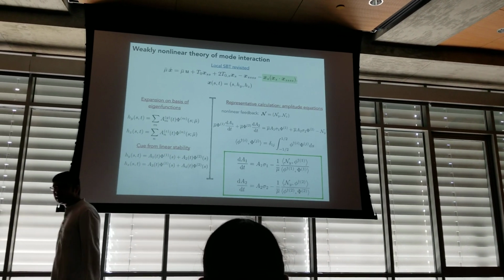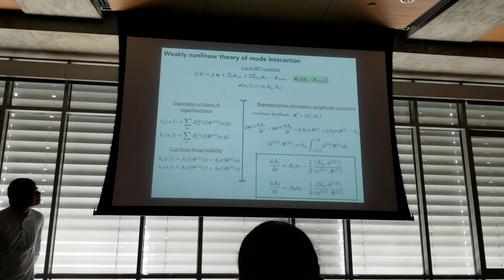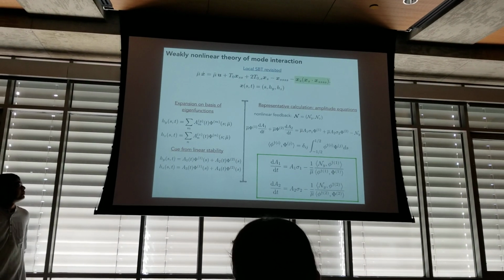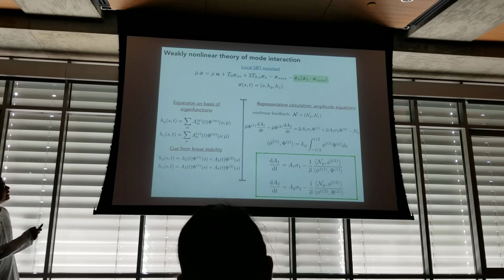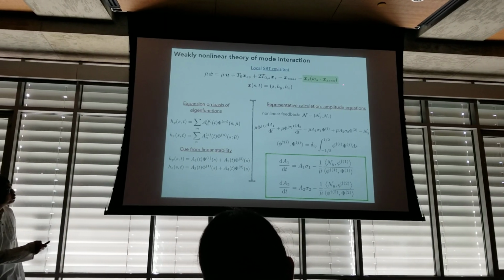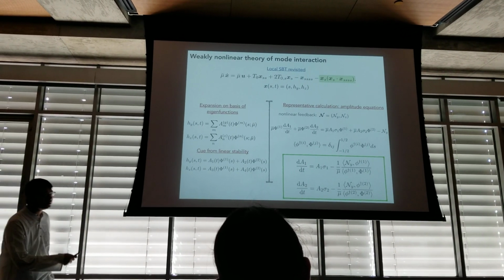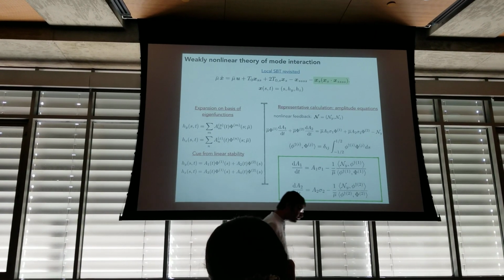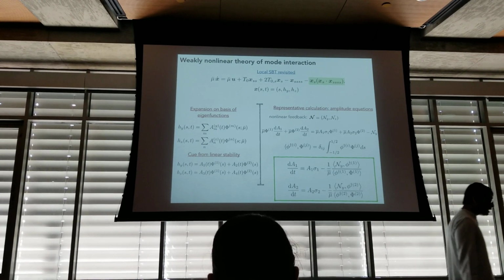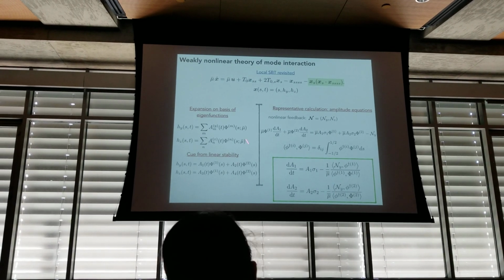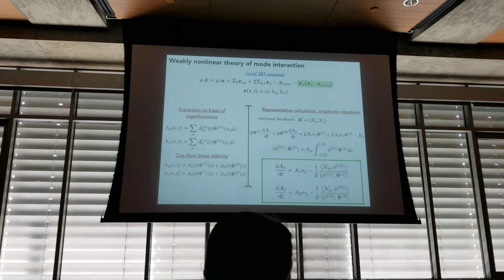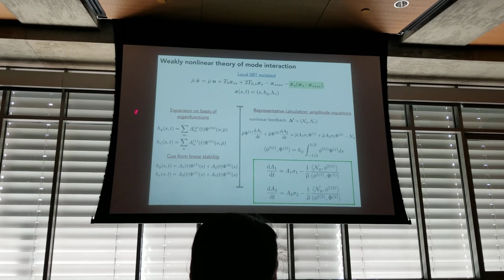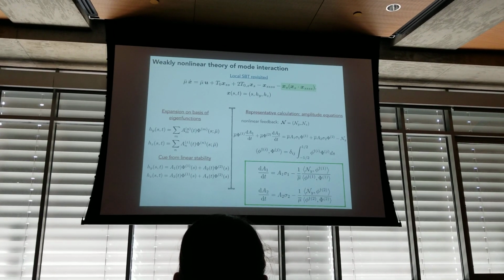And for that, we did a weakly nonlinear theory, which is kind of tedious, but I will just outline the broad steps. The starting point is again the standard beam theory equations, but now we retain these geometric nonlinear terms that we were throwing away for the linear stability problem. You again perturb the conformations, H_y and H_z perturbations. Then you expand these perturbations on the basis of the eigenfunctions defined in the linear stability problem, with the coefficients of the expansion being time-dependent amplitudes.